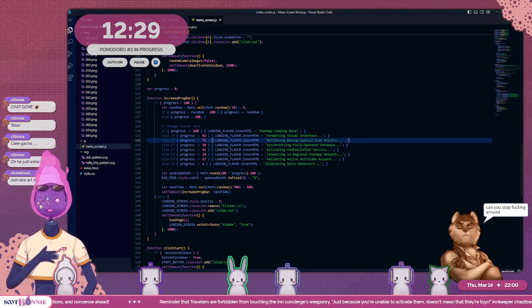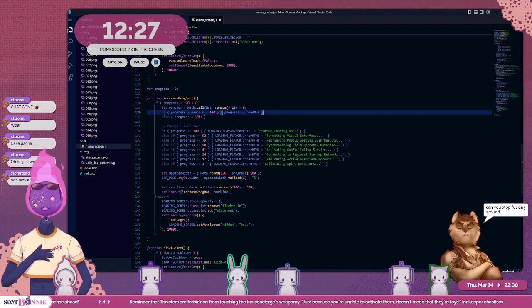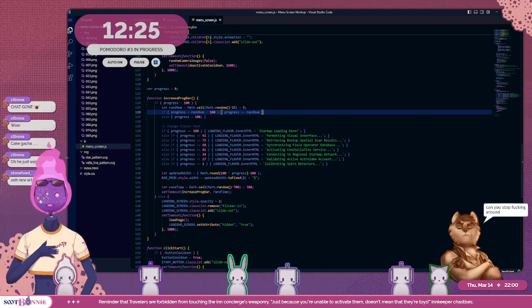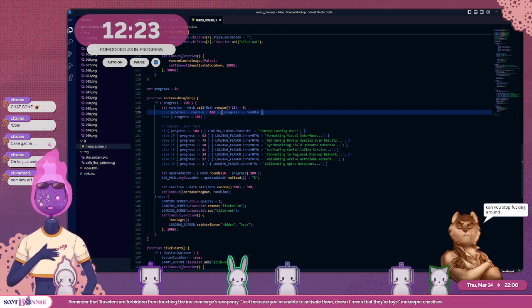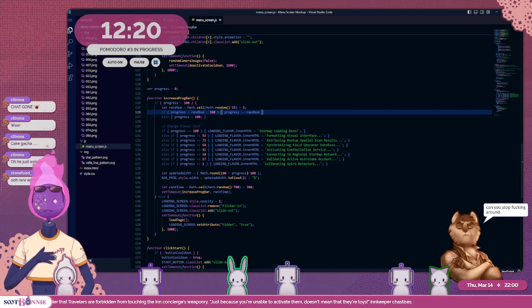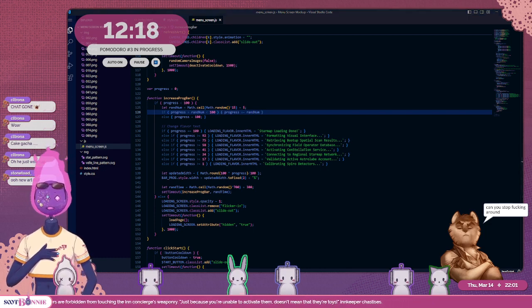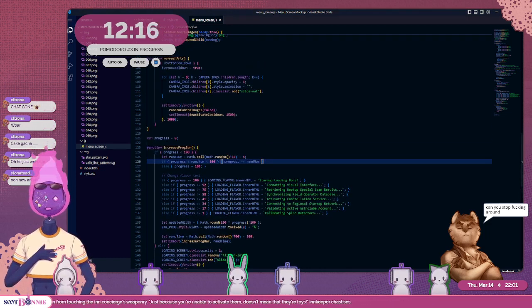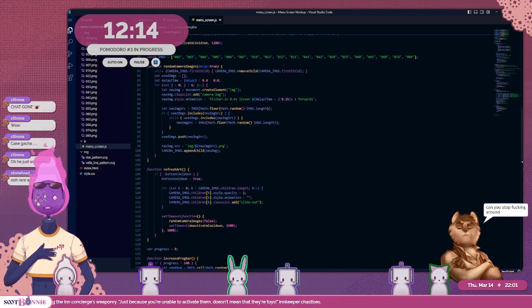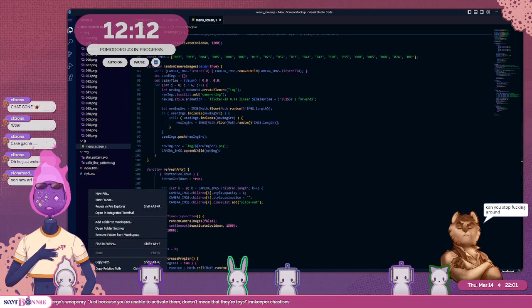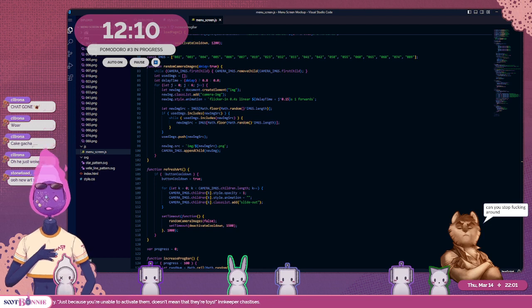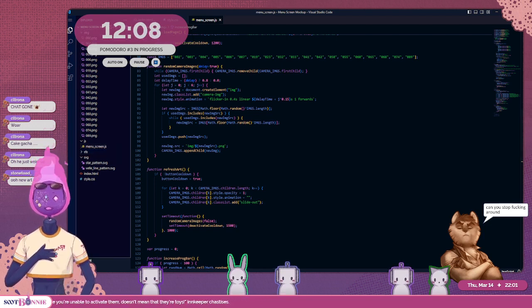Okay, what else can I do right now? As long as I don't have to do... I could do sound effects. I just have to remember... Actually, I have a pomodoro timer. The pomodoro timer uses sound effects. So all I have to do is go to new folder, name it SFX, because that's what I want to call it for sound effects, and then